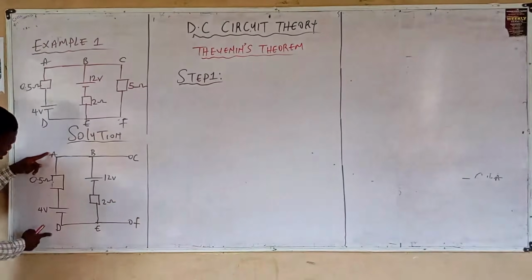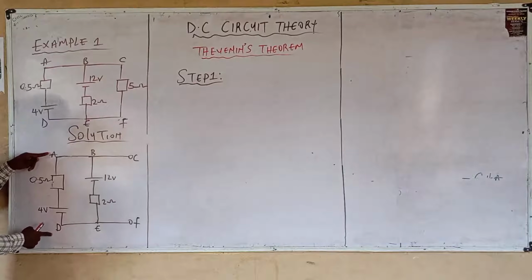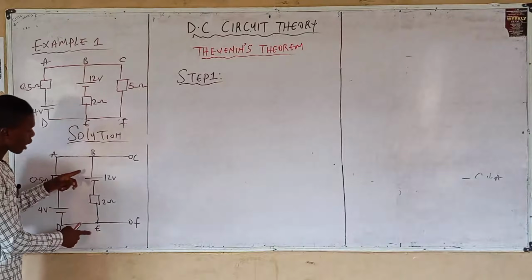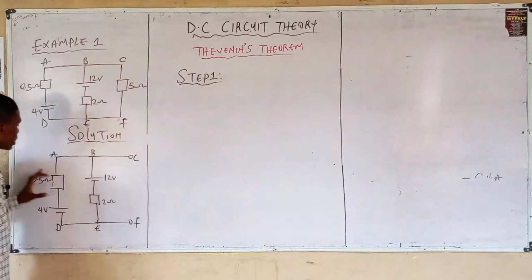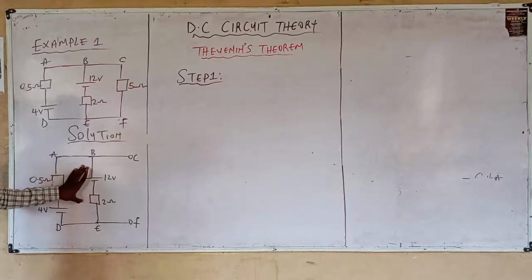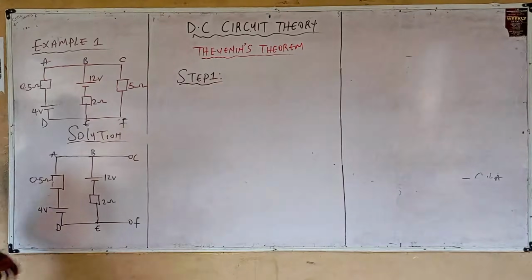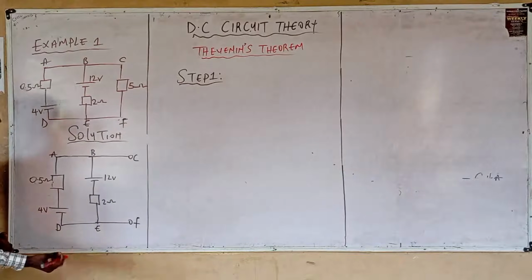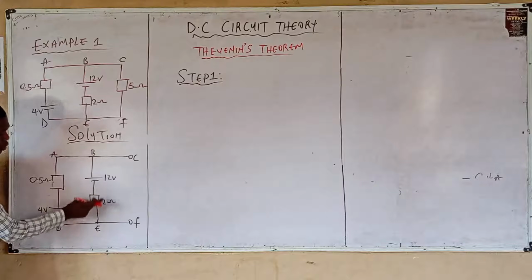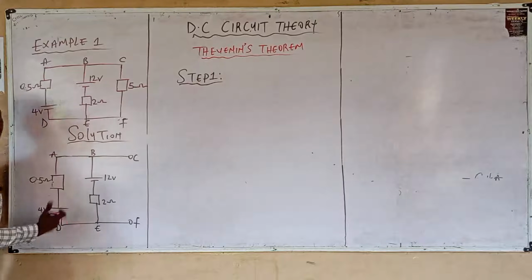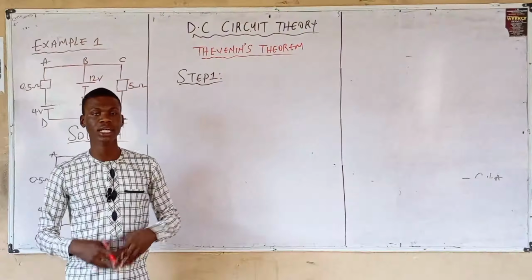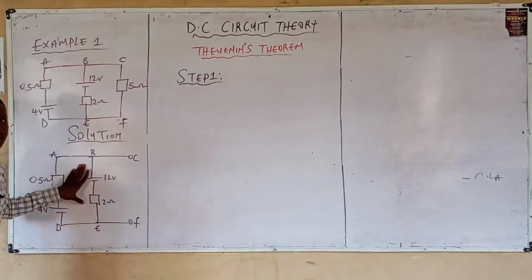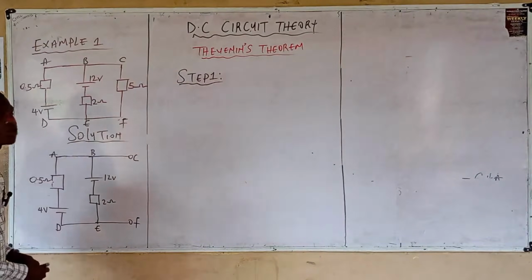Then how do you go about it? Observe, in branch AD, you have 2 circuit elements, a voltage and a resistor. Similarly, in branch BE, you have a voltage and a resistor. How do you get the net voltage here? What you need to do is convert the resistor in branch AD to a voltage. Similarly, convert the resistor in branch BE to a voltage. Then, you either subtract or add, so as to get the exact value in each branch. Let's see. But before then, recall